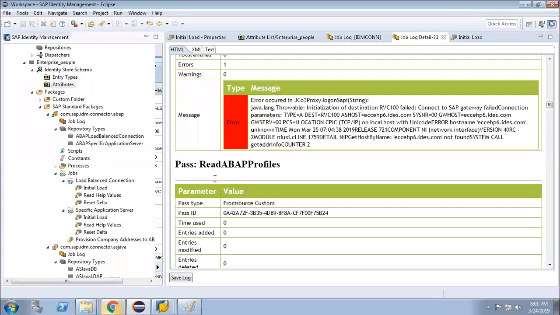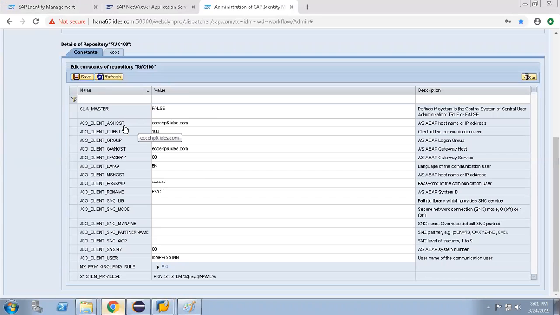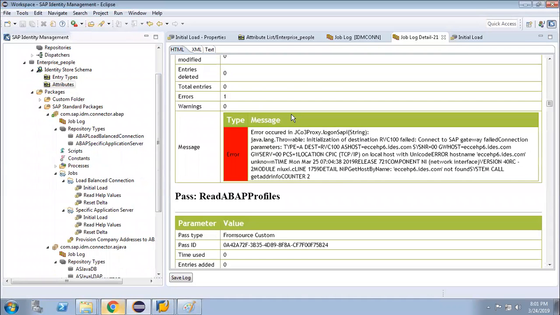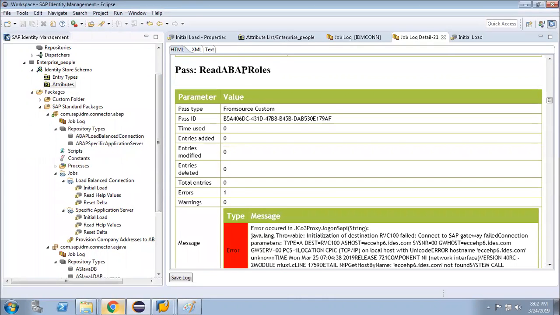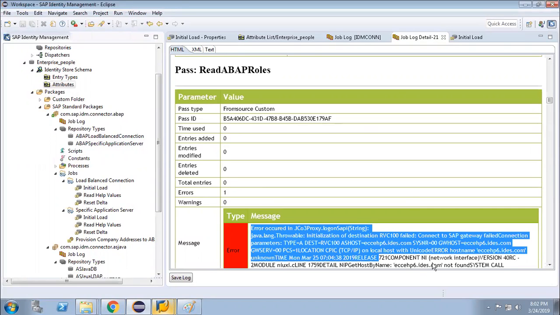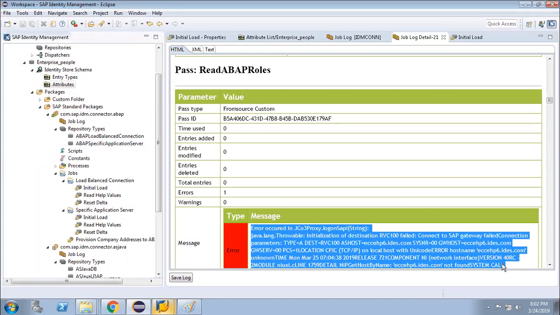Now whenever it tries to read the above system, which needs the above system details, that is why whenever it is trying to read the above user, that means it is trying to read the above system, it is throwing an error, and that error is a connection error.